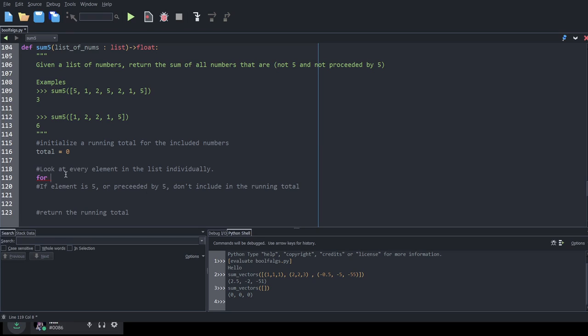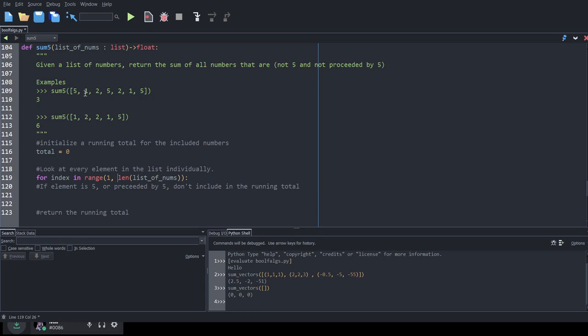So let's set up our for loop to be for index in range. Now if we just do len of list of nums, an issue that we're going to run into is that for the very first thing that we look at, we're going to try to look behind it, and that's going to be an issue. So we'll actually start this off at 1 instead of starting at 0.